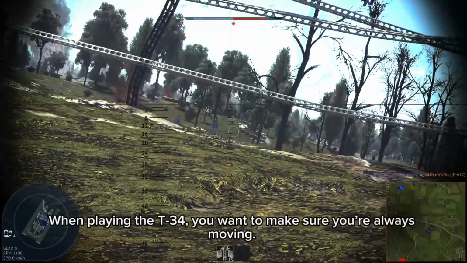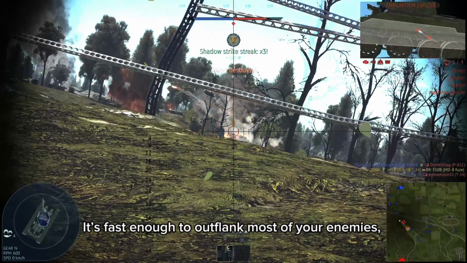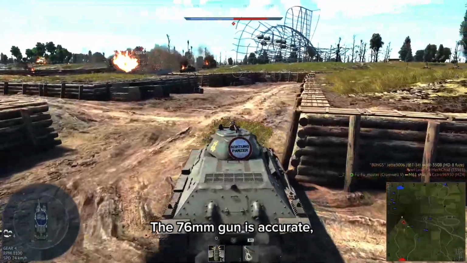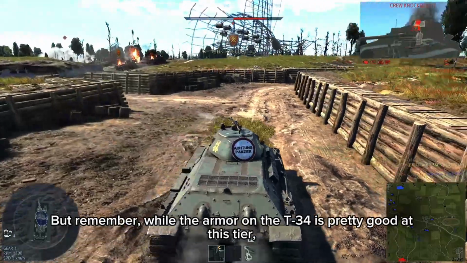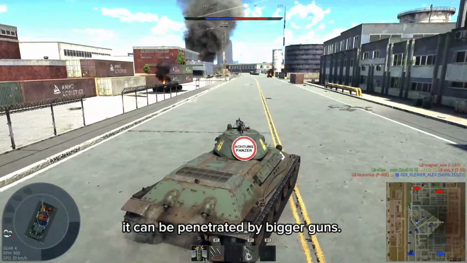When playing the T-34, you want to make sure you're always moving. It's fast enough to outflank most of your enemies, and its low profile means you're harder to hit at long ranges. The 76mm gun is accurate, so aim for weak spots like the turret ring or side armor. But remember, while the armor on the T-34 is pretty good at this tier, it can be penetrated by bigger